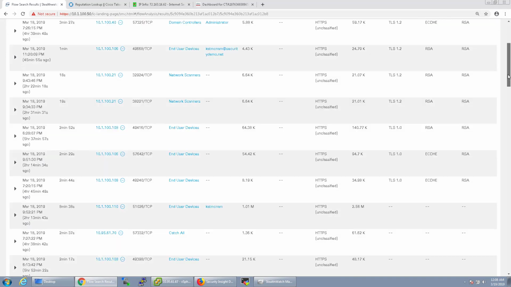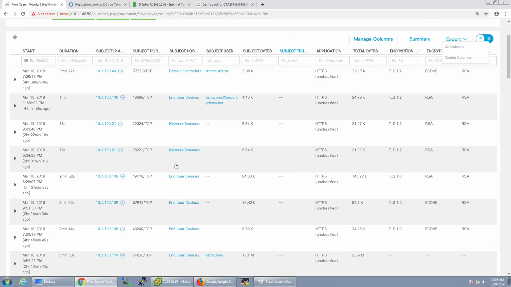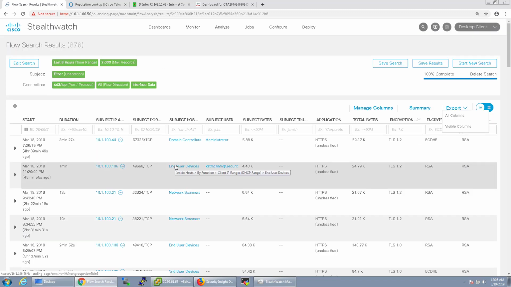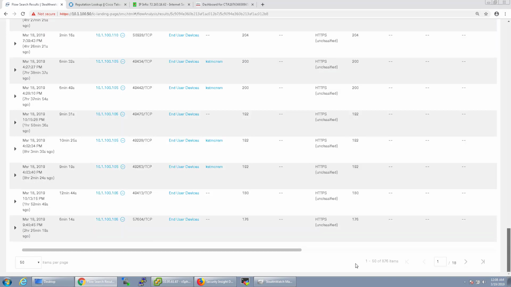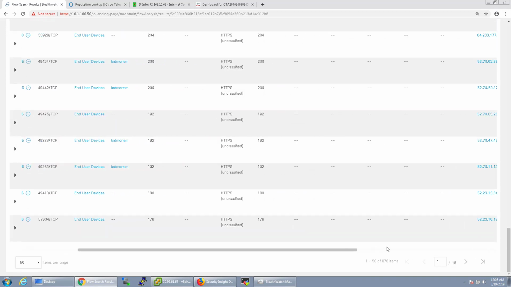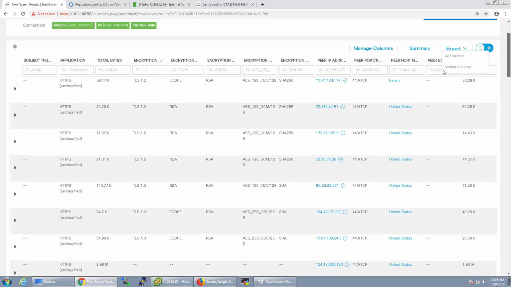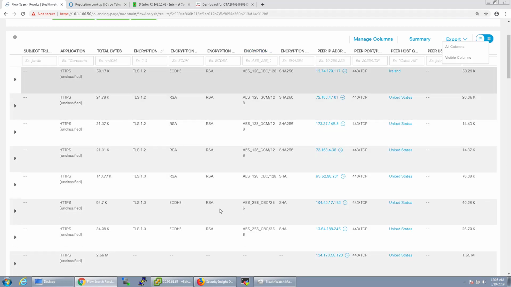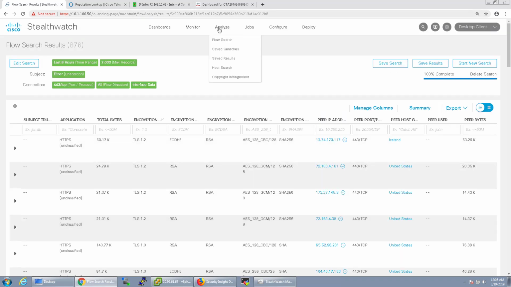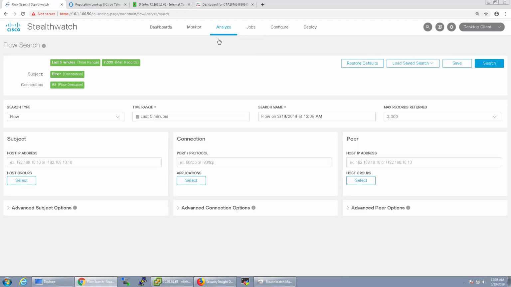But it's good information to have, and you can filter what you want to see as part of this display here, of course. Not everything went through my exporters that are using Cognitive Threat Analytics, but a couple of them did, as you can see here. So it's a good flow search if you're trying to look for, let's say, all traffic